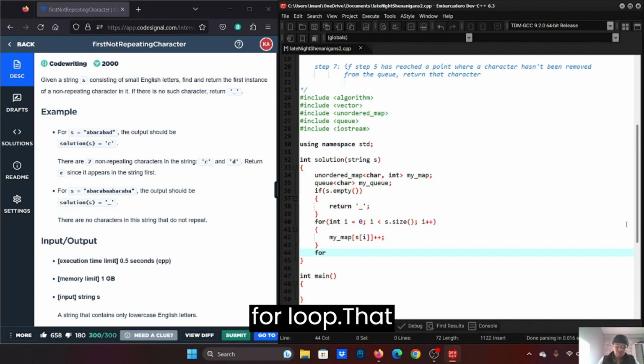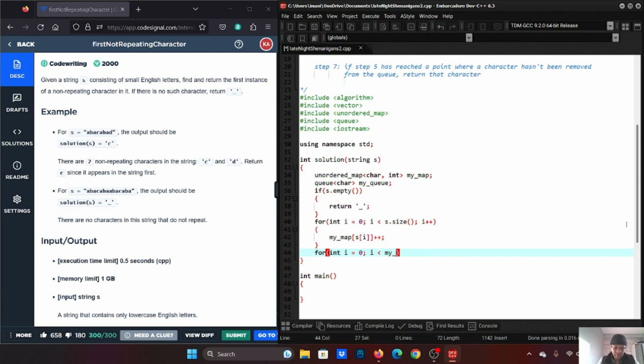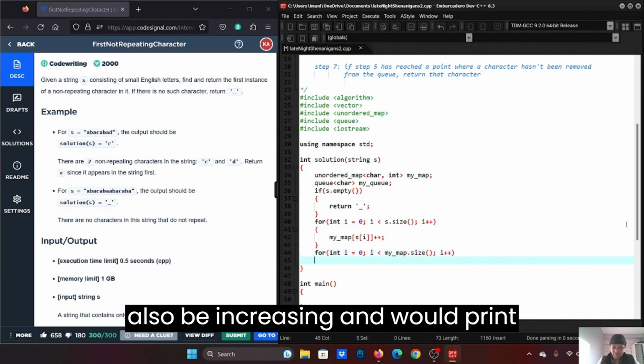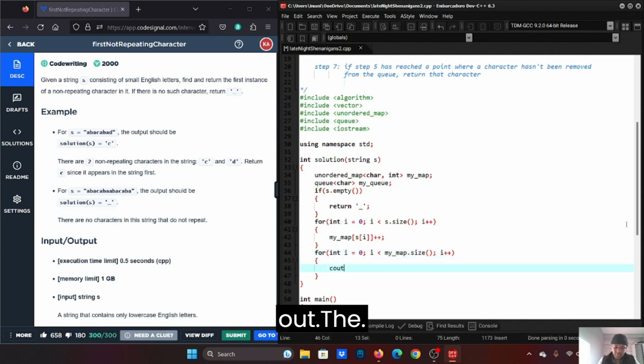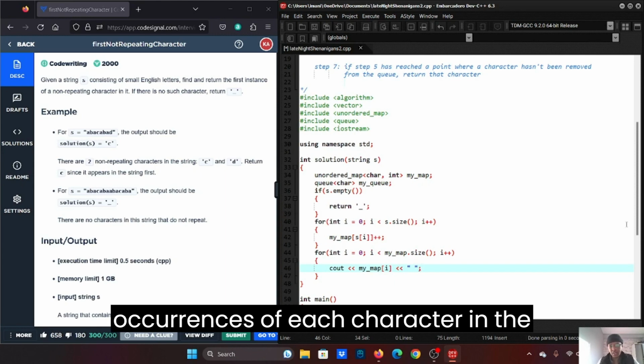So we can write a for loop that goes from the first element to the last element of my map, and we'll also be increasing, and we will print out the my map